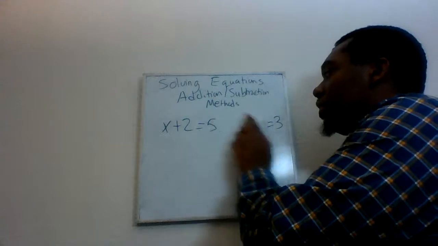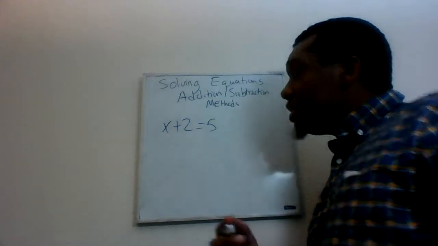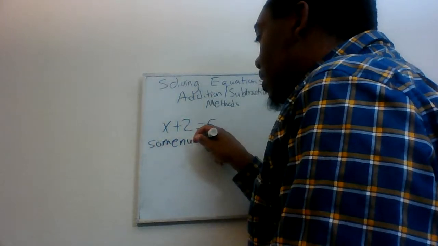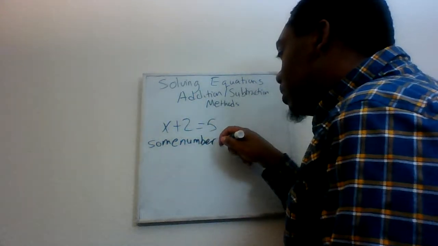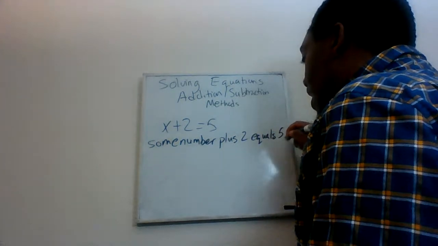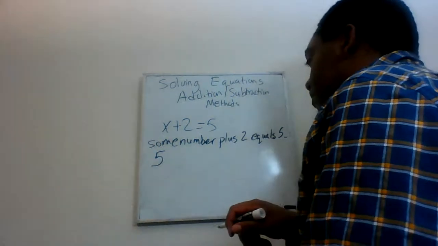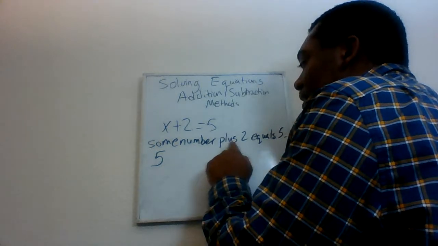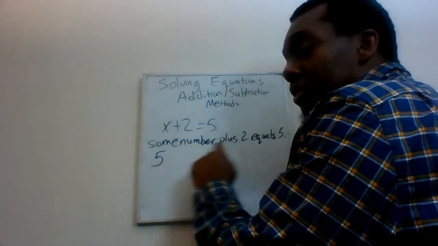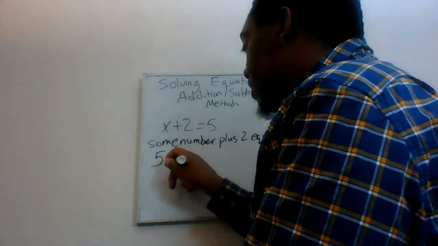And so let's do it for the first one here. So we have x plus 2 equals 5. What she would do is she would say, well, I know that some number plus 2 equals 5. And then she would say, I'm going to start at 5. And instead of adding 2, I'm going to do the opposite of that, because it's the only way I can go backwards. So what's the opposite of adding 2? 5 minus